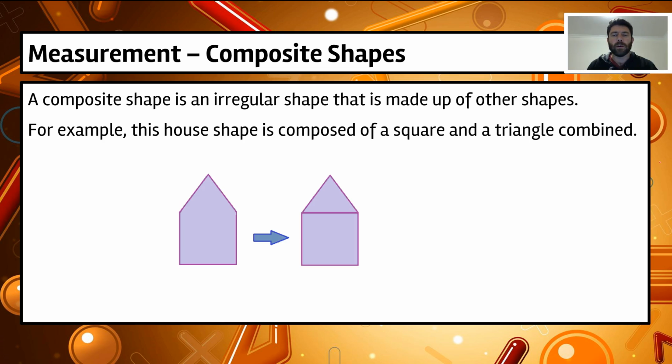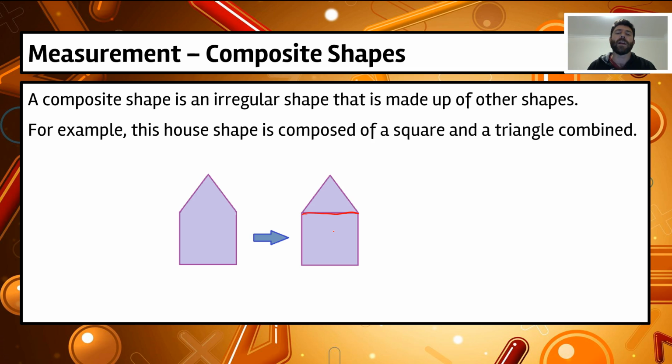Alright, so if we have a look, a composite shape is an irregular shape that is made up of other shapes, or if we look at the word composite, composed of other shapes. If we have a look at the example here, you can see we've got a house shape that's composed of a square and a triangle combined. You can see with this line put in here that it's combined the two shapes to